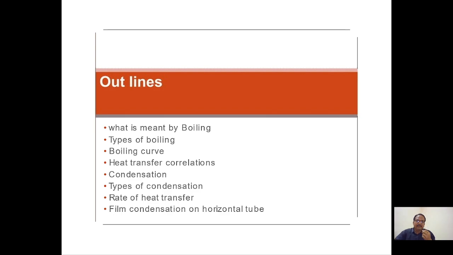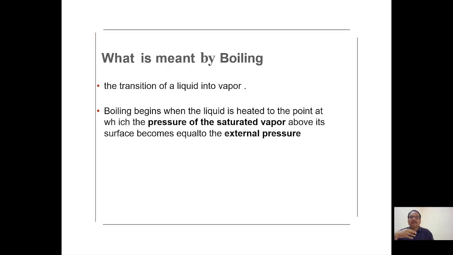In this boiling and condensation topic, we will cover the types of boiling, the boiling curve, heat transfer correlations, and condensation, the types of condensation, and the rate of heat transfer. In condensation, we will look at film-wise condensation on a horizontal tube. Here, coming to the boiling process,